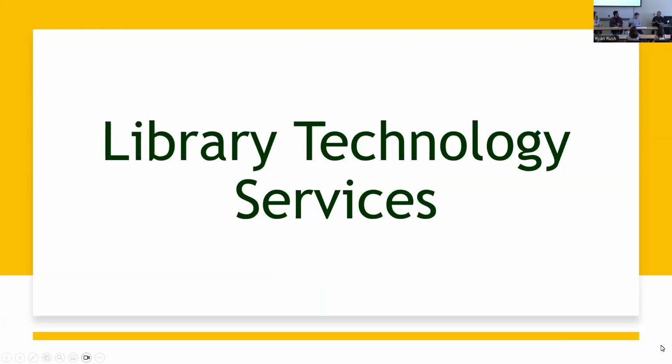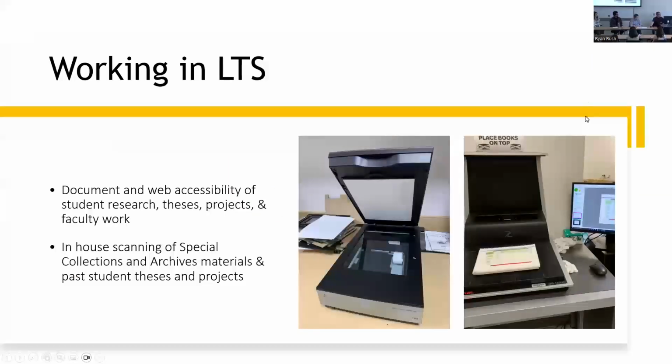Hi, everybody. I oversee our Library Technology Services Department. We are kind of a behind-the-scenes department. Some of the things our students do is document and web accessibility of our websites. Any student research you might submit to the institutional repository, or theses or projects from graduate students, faculty work that gets submitted, we make it accessible for individuals using specialized equipment, screen readers, or anything else to properly access